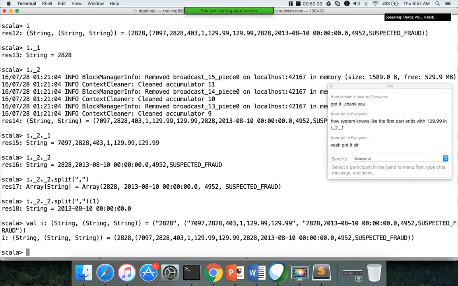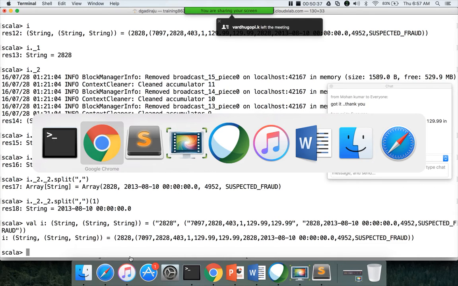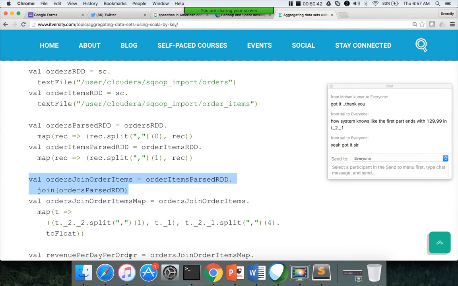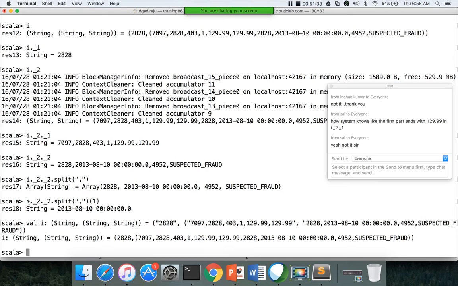Okay, so let's move on. Now using this information, after joining the data set, I want to get order date and order ID as key, and order item subtotal for each order item as value, and this is the logic here. The way I have extracted date using I, the same logic is applied here. T dot underscore 1 represents the order ID. So I want to have a tuple as key, which includes order date as well as order ID, so that I can compute revenue for each order, and then using that information I will use the aggregateByKey function to get both total revenue per day as well as total number of orders per day. Okay, this is similar to the logic we used when I executed the program the second time using